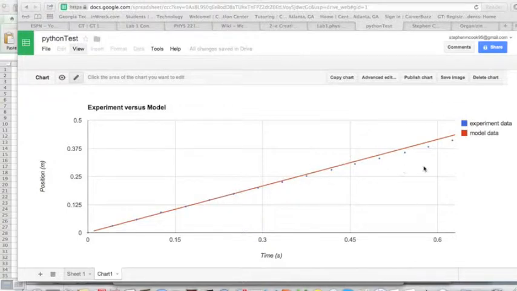The red line right here represents the model data, and the blue dots represent the observed roll of tape, the experimental data. You might note that the same values were used for the model in the early stages to be able to put in an initial velocity for the model, and then over here there's a little bit of deviation from the model, or the predicted position, and this might be explained by some net force that